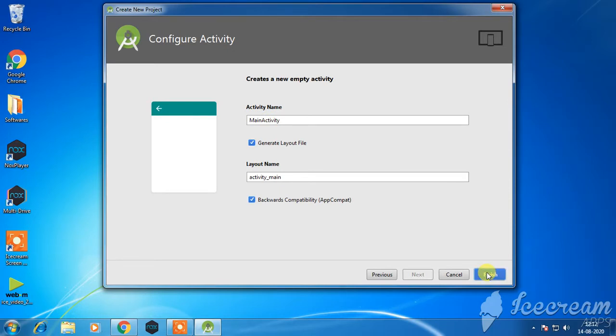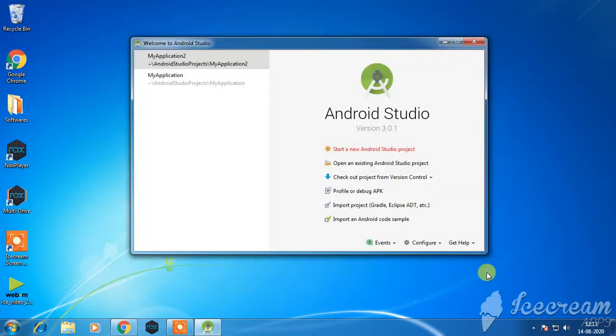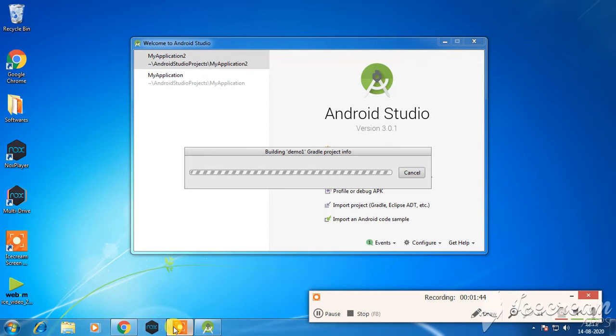Your demo1 Gradle project info, in the background, will load all the scripts and all the background libraries regarding your Android application.